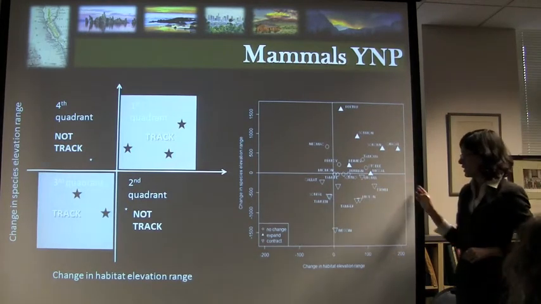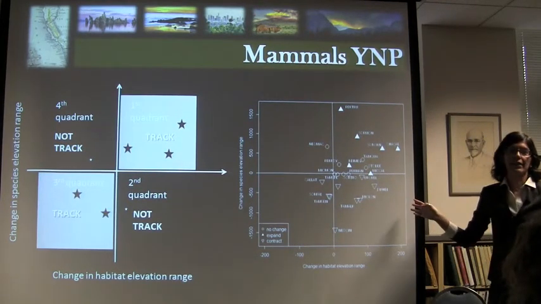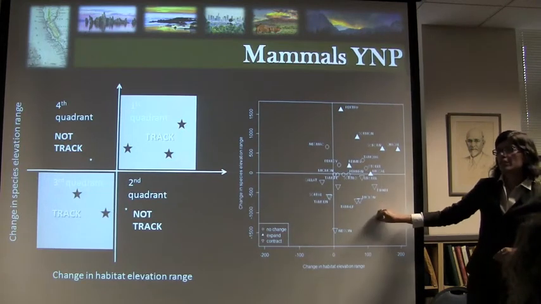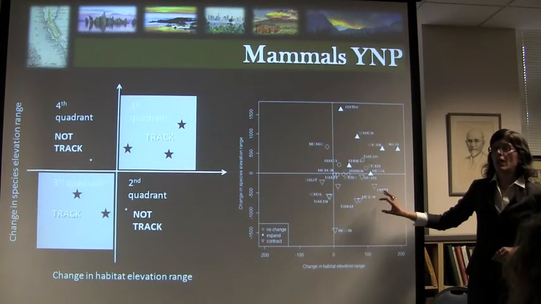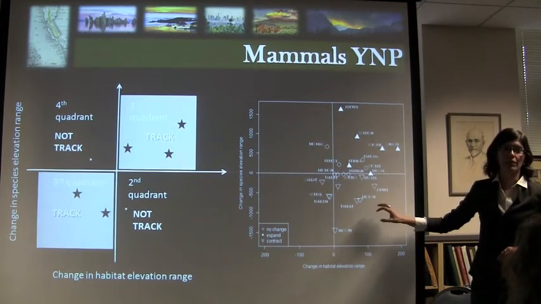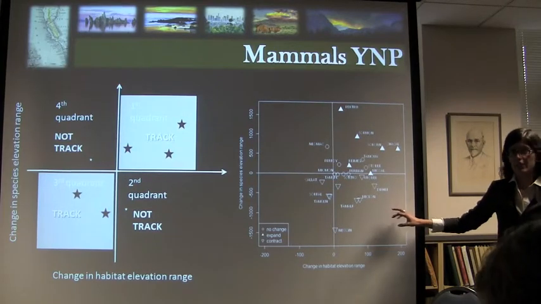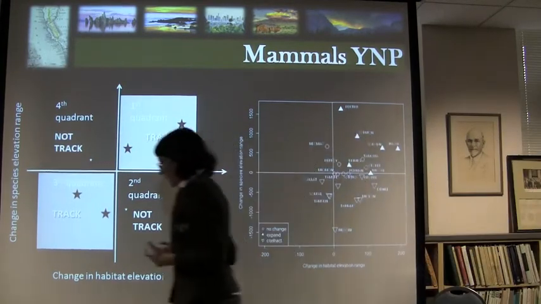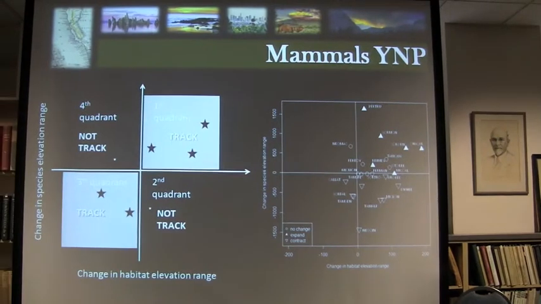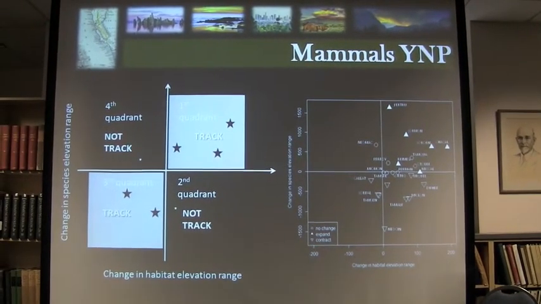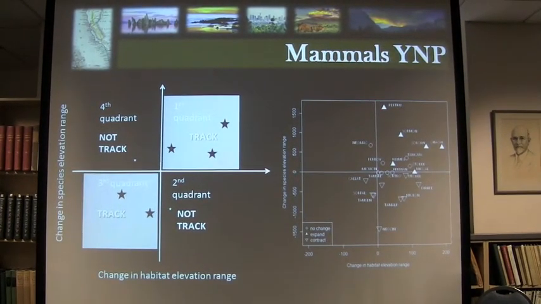But what you see is that for most species, their habitat expanded their range, but the species that contracted their range are going in the opposite direction as their habitat. So this suggests that there is a bit of a partitioning between the species that expanded and the species that contracted. The ones that expanded seem to follow their habitat, the ones that contracted seem to be dictated by